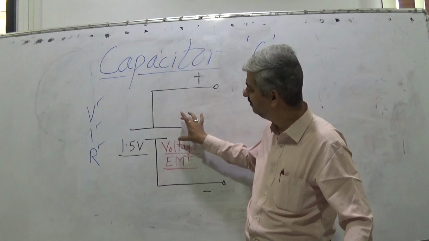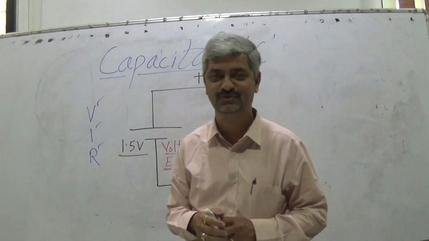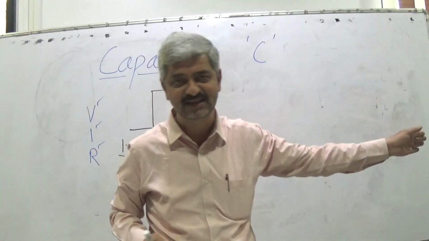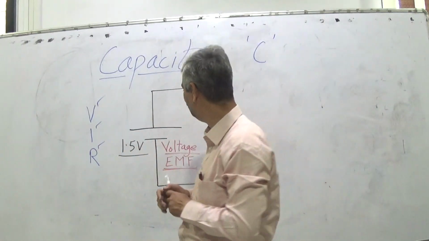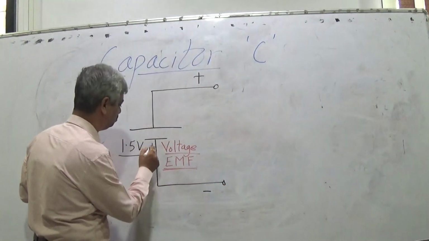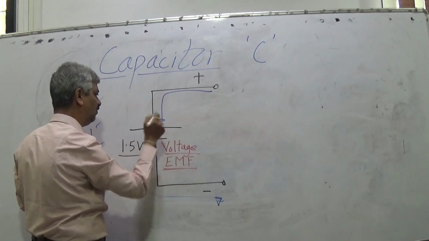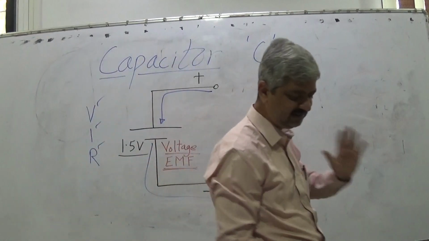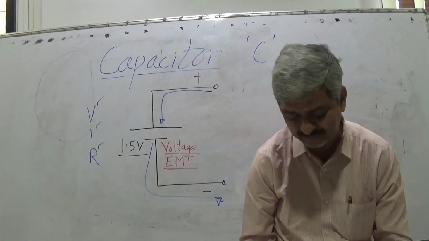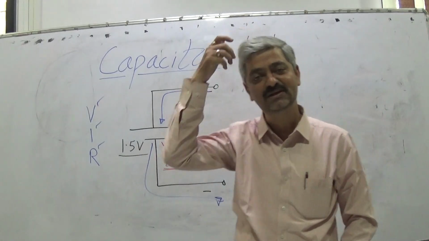It is electromotive force. That is, it is forcing the electrons. So the negative terminal of the battery is forcing the electrons to move, and the positive terminal of the battery is attracting the electrons. I think this is a very simple way. The negative terminal of the battery is forcing electrons away, and the positive terminal is attracting electrons.